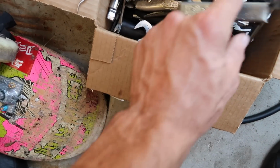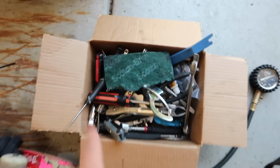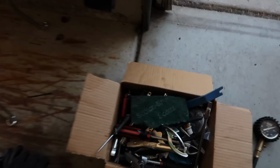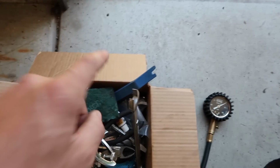We have all box end wrenches from 18 down to 7 mil. I went with a 7 mil because that's what bleeds the slave, so you might need that one day. So we have all sockets and wrenches from basically 7 millimeters to 22, which is what you want. Various extensions